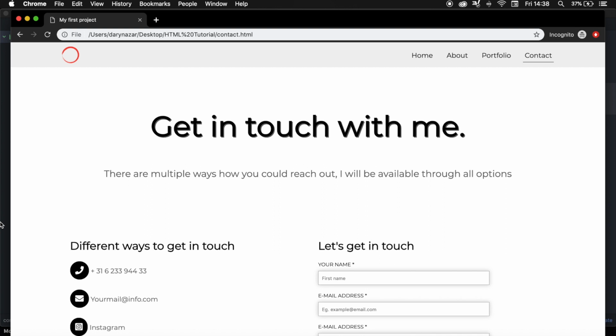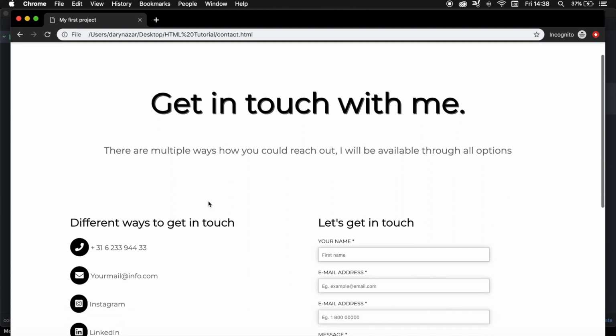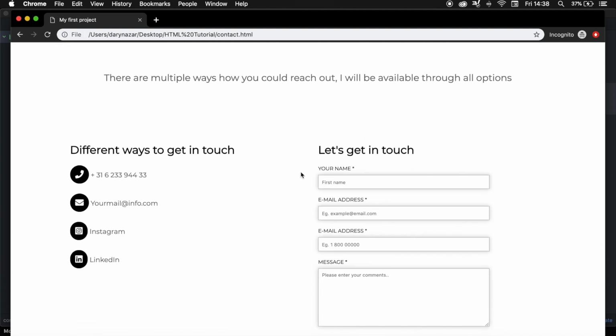Welcome back to a new episode where we will be creating a beautiful yet simple contact form. You can see the output on my screen. On the left hand side, I want to add a couple options how a potential customer can get in touch. And if a user wants to send an email, they can fill out the contact form on the right hand